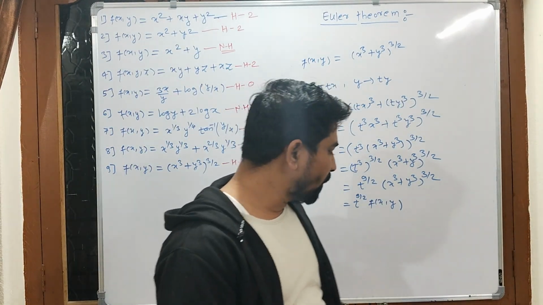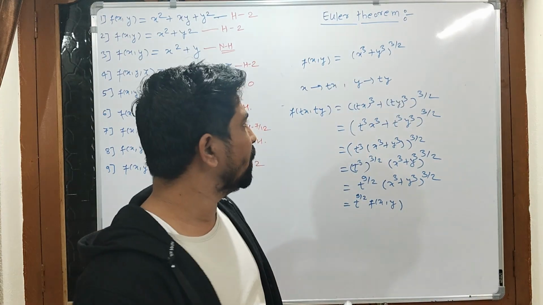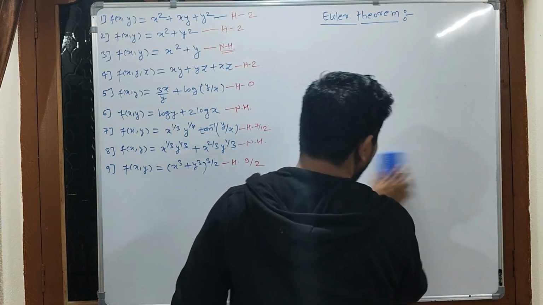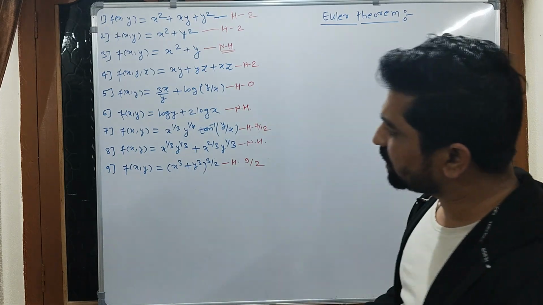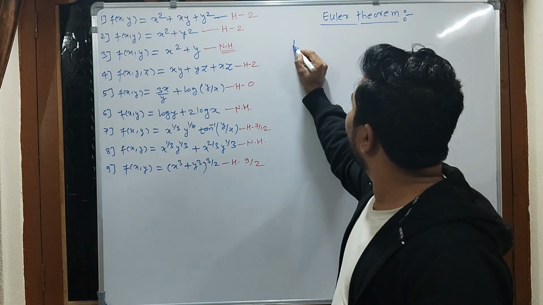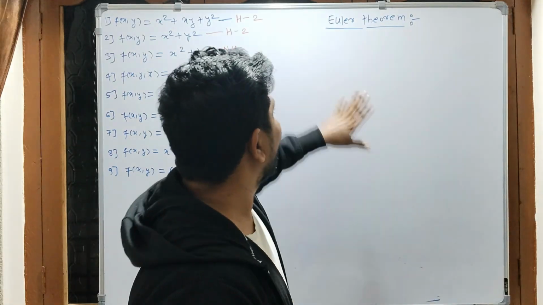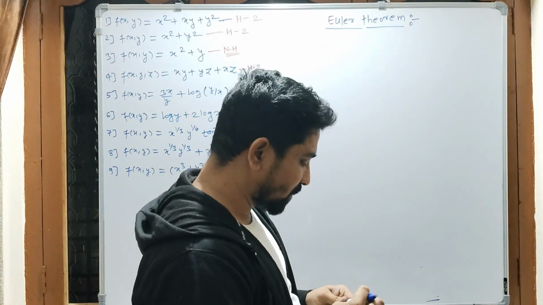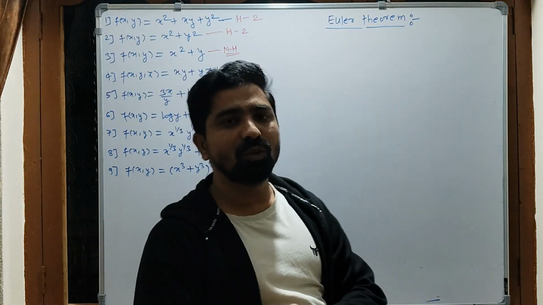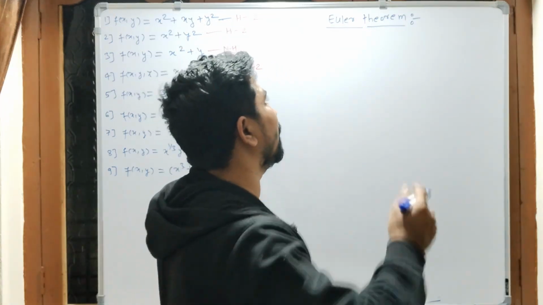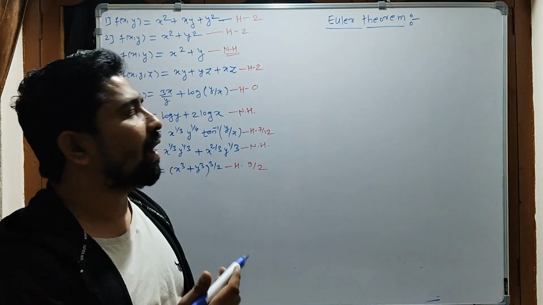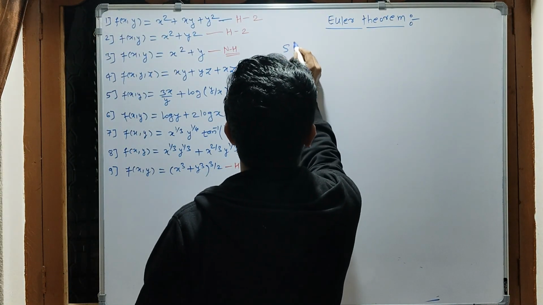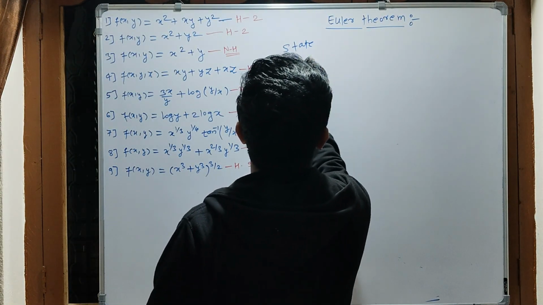Here the statement of the Euler theorem says, now I want to prove the Euler theorem. Just now we have discussed the homogeneous function of degree n. So now I want to discuss the Euler theorem. The statement of the Euler theorem says,